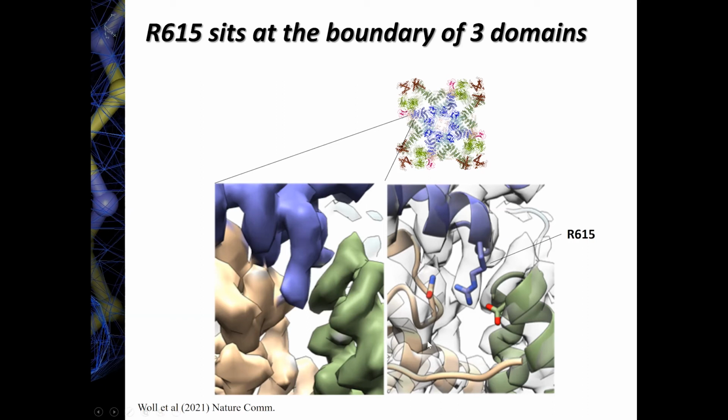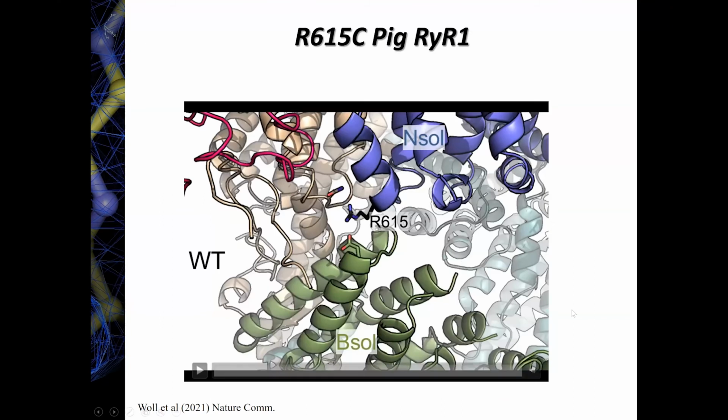Okay, so what is it actually doing? So you might imagine that mutating this to a cysteine is clearly going to affect the way that these domains interact with one another, but could it also trigger a conformational change? So what I'm going to show now is an animation that toggles between the structure of the wild type, which is what you're looking at now, and the disease mutant. So we got this blue and this green solenoid regions for those in the field. So these are called the N-terminal solenoid, and the green is the bridging solenoid. That's just a nomenclature. And arginine 615 is here seen at this interface.